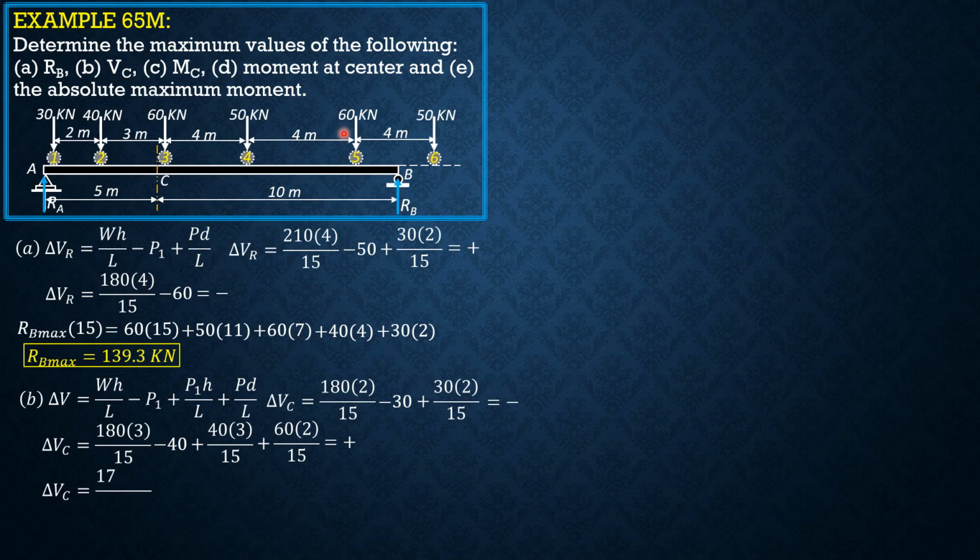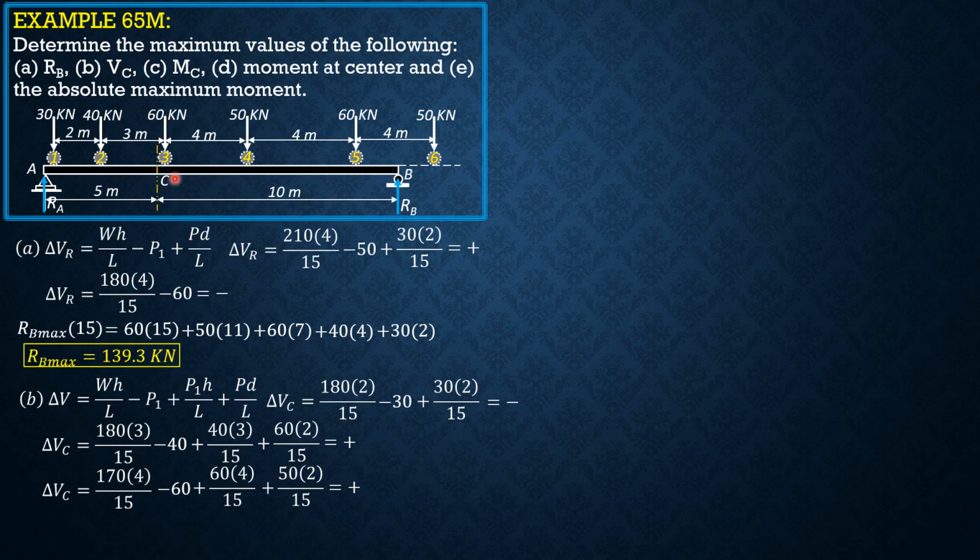170. So delta V sub C is 170 times 4 over 15 plus 50, minus 60, because load 4 is over C, minus 60 plus 60 times 4 over 15, then plus this enters, so plus 50 times 2 over 15, and it is positive. Next, load